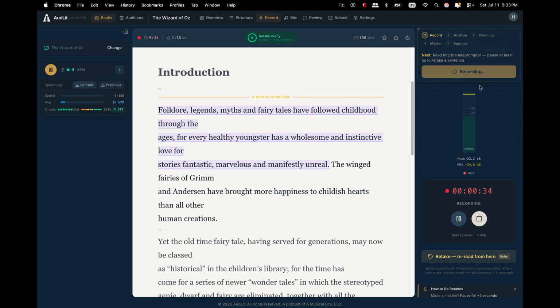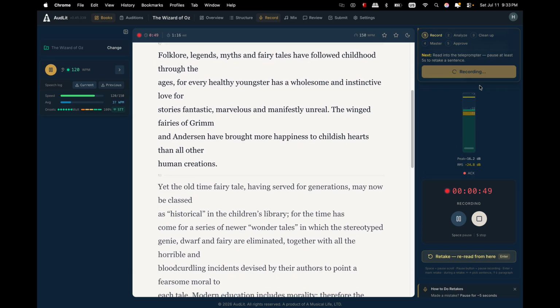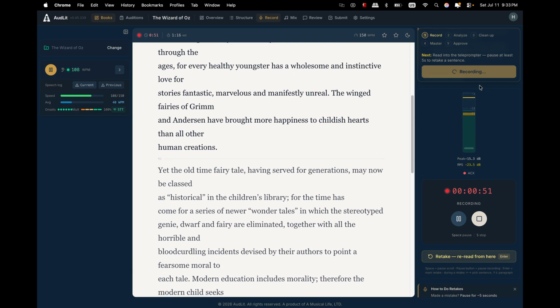Folklore, legends, myths, and fairy tales have followed childhood through the ages, for every healthy youngster has a wholesome and instinctive love for stories fantastic, marvelous, and manifestly unreal. The winged fairies of Grimm and Andersen have brought more happiness to